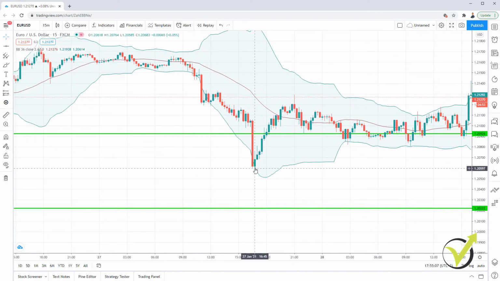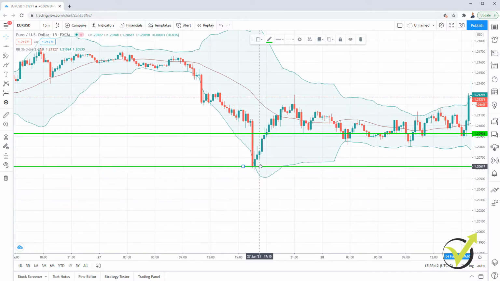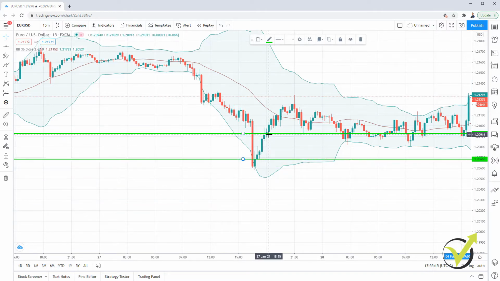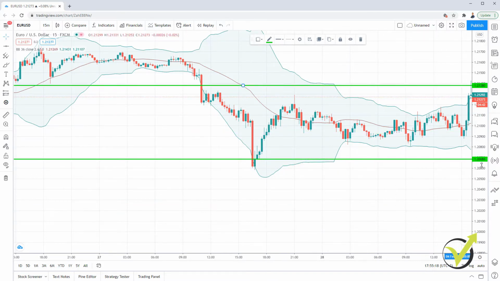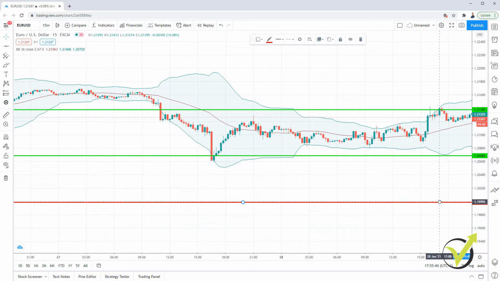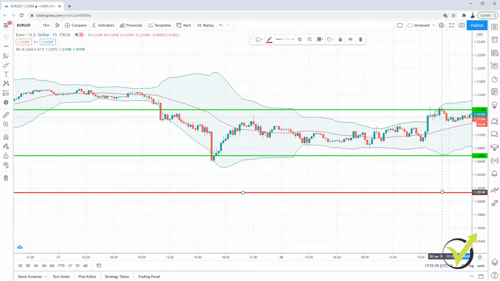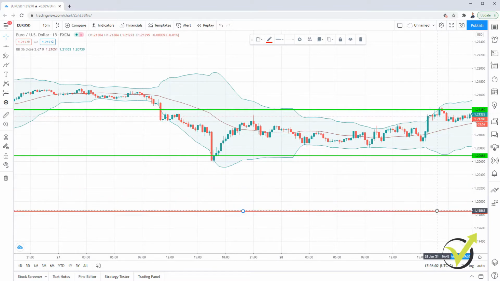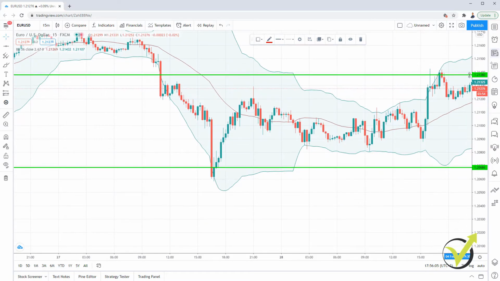Okay, so here we have one. At that moment we have a bar opening below the Bollinger Band, and on the opening of the next one we have a price of 120.68. As we said, the take profit for the strategy is 70 pips, which will make it 121.38, here it is, and we will have the stop loss somewhere below, and to be precise it will be at 119.88 right over here.